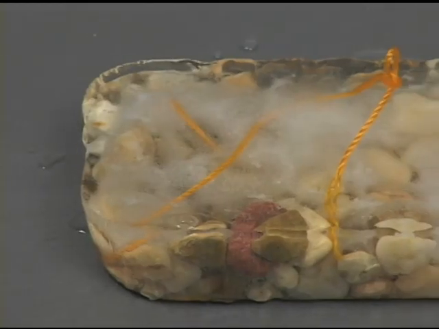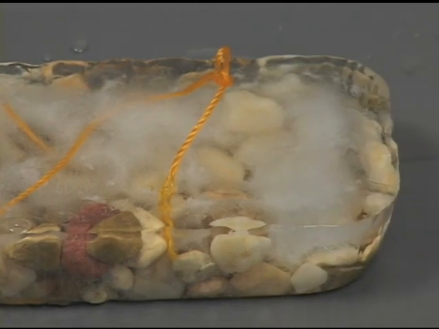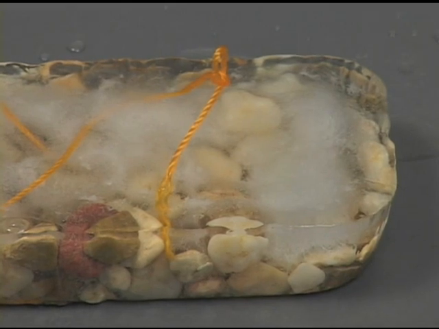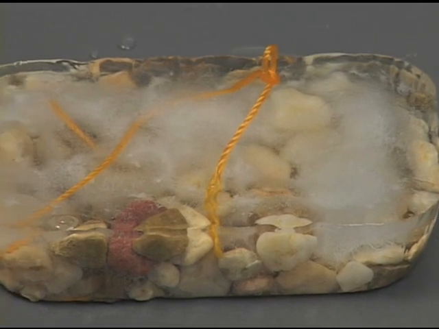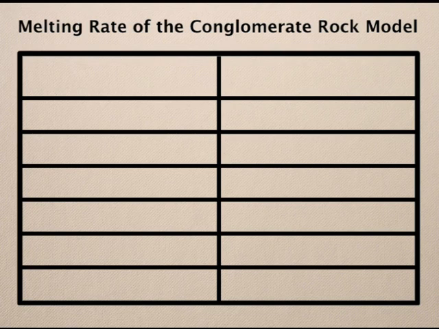Next, we investigated the melting rate of each. Did the rock model begin melting slowly, then speed up? Did it melt evenly? Or did it begin quickly, then slow down? Or maybe it was some combination of all of these. What do you think? Before this part of the procedure, we created a data table to record the melting rate,